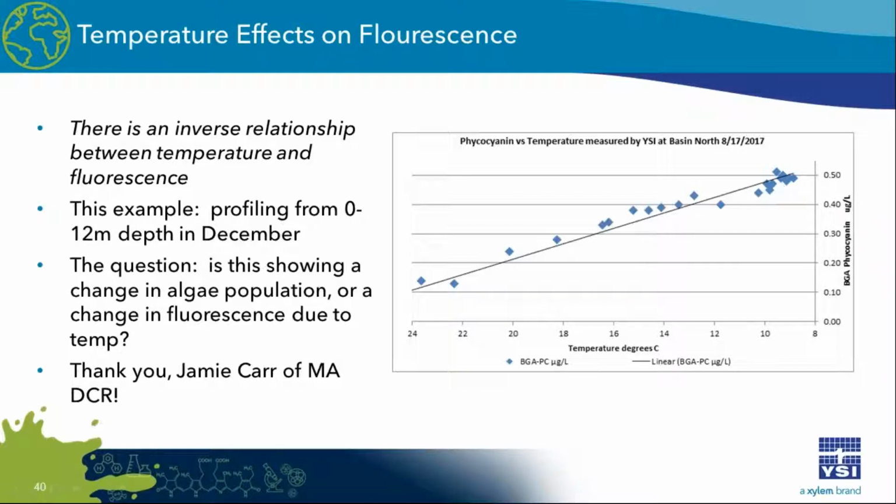And his question is, does that really mean that I have more algae in that deeper water, or is this just a temperature effect? Now, the real answer is we don't know. You might have more algae, but I think the more likely answer, because of the numbers we're looking at here being so low, is that this is a very clear example of the temperature effect on fluorescence. There actually are ways that you can try to post-process your data. So this is a nice tight relationship. He could actually calculate the change in ppb per degree Celsius